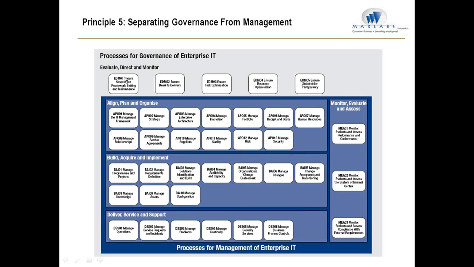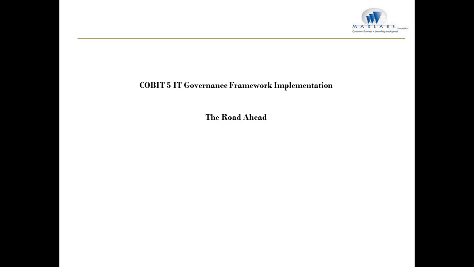They're all here. Then in terms of management, the management contains 4 domains in line with the responsibility areas of planning, building, running and monitoring. So align, plan, and organize in terms of the enablers, build, acquire, and implement, deliver, service, and support, and monitor, evaluate, and assess. This is one of the biggest advantages of COBIT 5. It is this framework, whatever we see on the screen right now, in terms of the governance and the management aspects,